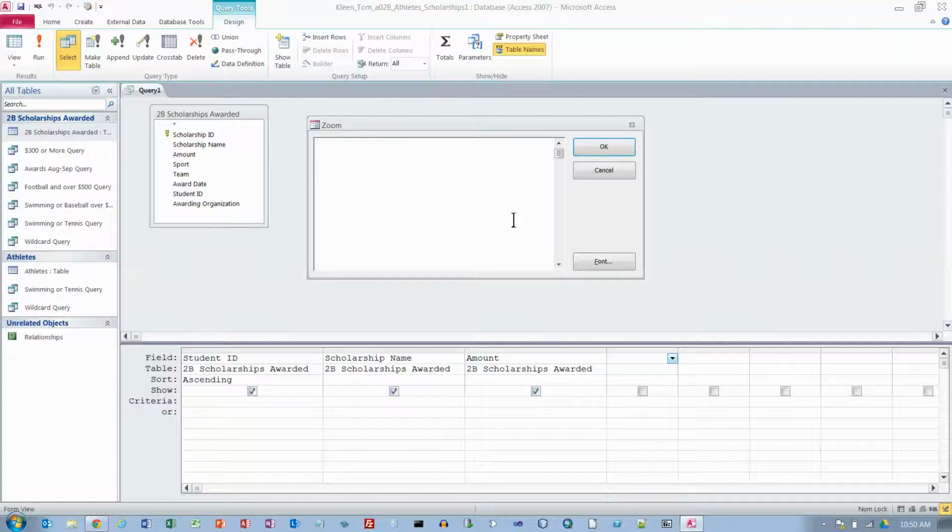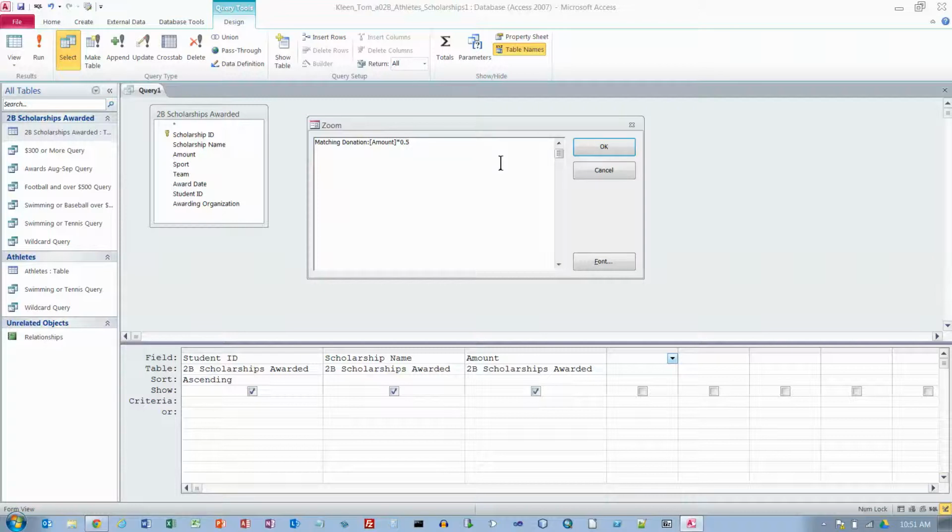What I want to do here is create a calculated field, and I'm going to give it a name. The name is going to be Matching Donation, and put a colon after the name to separate the name from the formula. And the formula is going to be the amount field, with square brackets around it. Square brackets are only necessary around field names if there's a blank in them, like scholarship name down here or student ID down here. Technically we don't need those square brackets, but you'll probably see them a lot. If Access creates a query for you, it always puts the square brackets around the field names, whether there's blanks in them or not. And I want to multiply that by 0.5